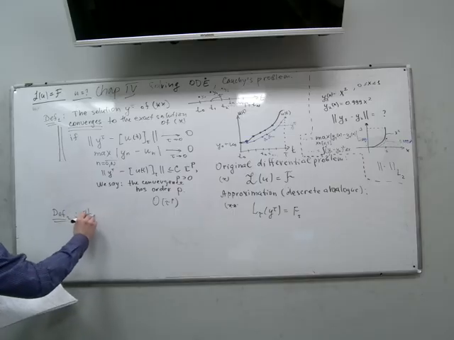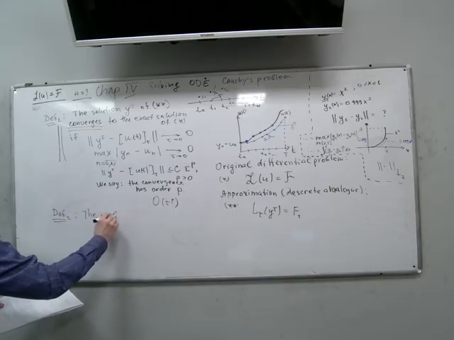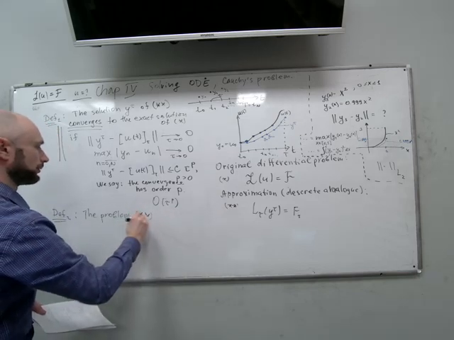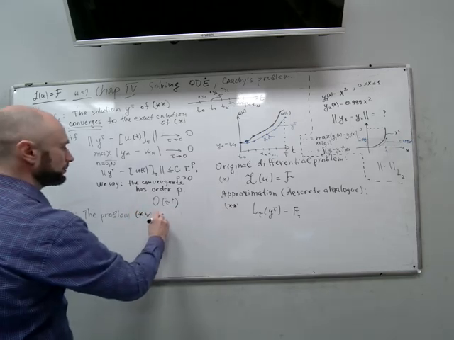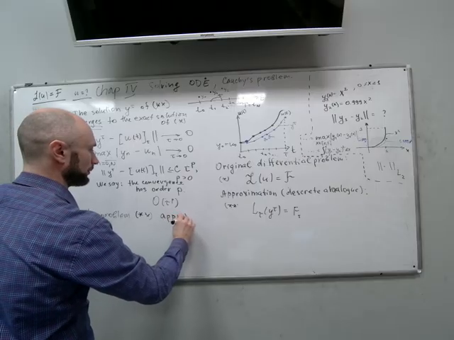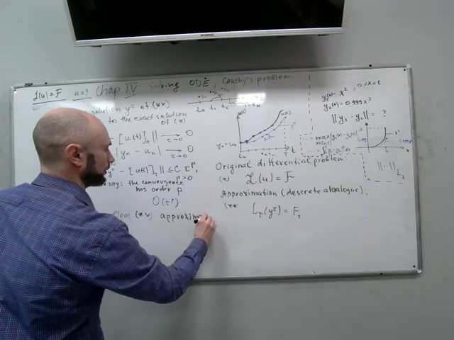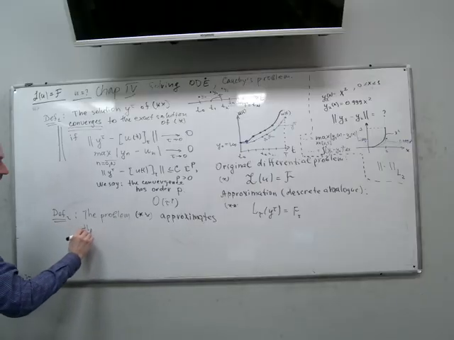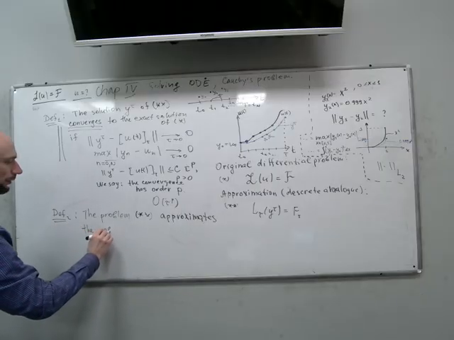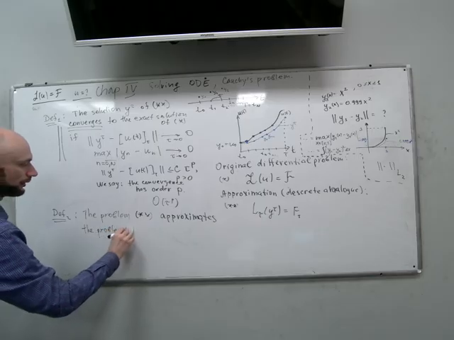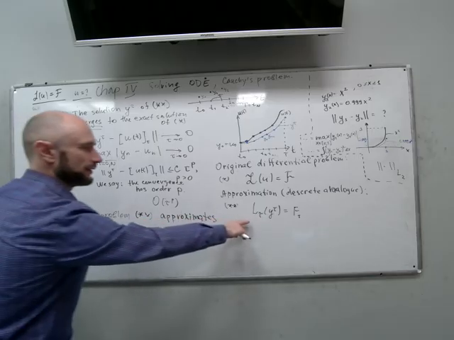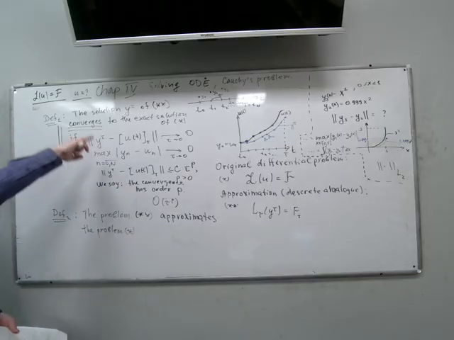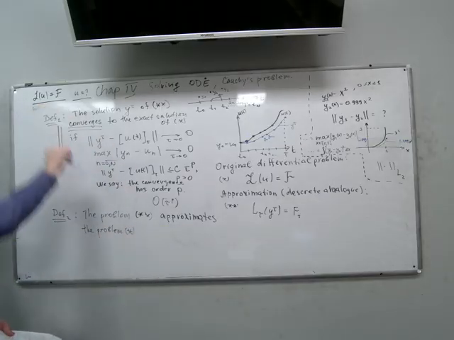The problem 2 stars approximates the problem 1 star. So the finite dimensional algorithm approximates our original problem if,